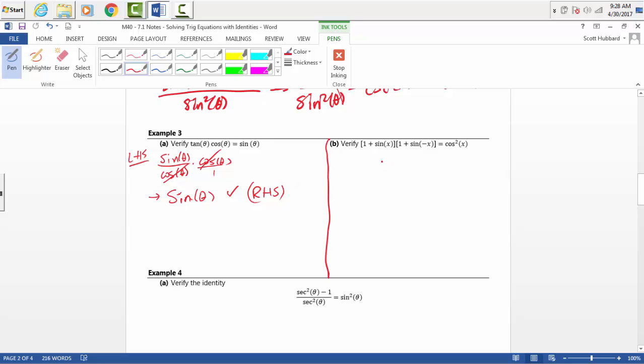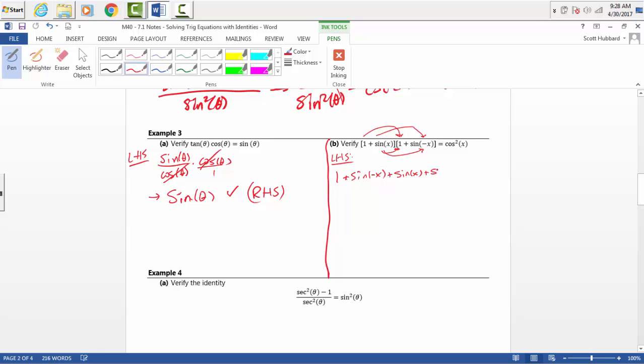Let's do the same thing over here. It's going to be a little more complicated, but it looks like the easiest thing to do would be to work on the left hand side, because I can FOIL here. If I FOIL, you get that times that, and that times that, and that times that. I'm left with 1 plus sine negative x plus sine x,